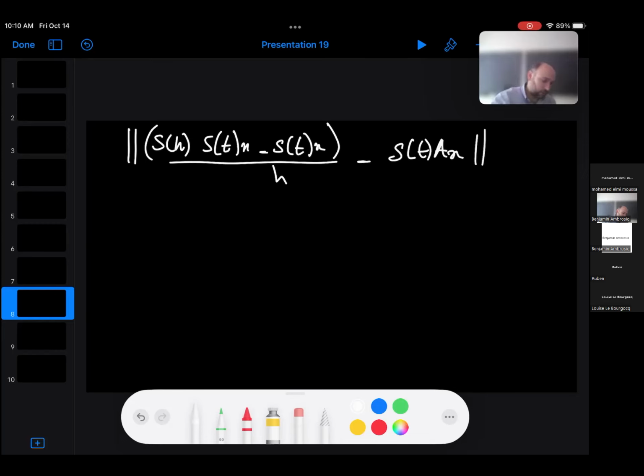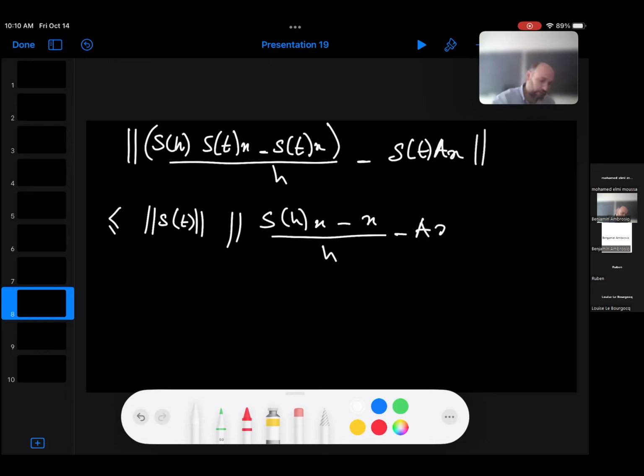So what I can do, I can put S_t in front of everything. And I obtain S_t of ((S_h x minus x) divided by h minus Ax). Well, this converges to 0